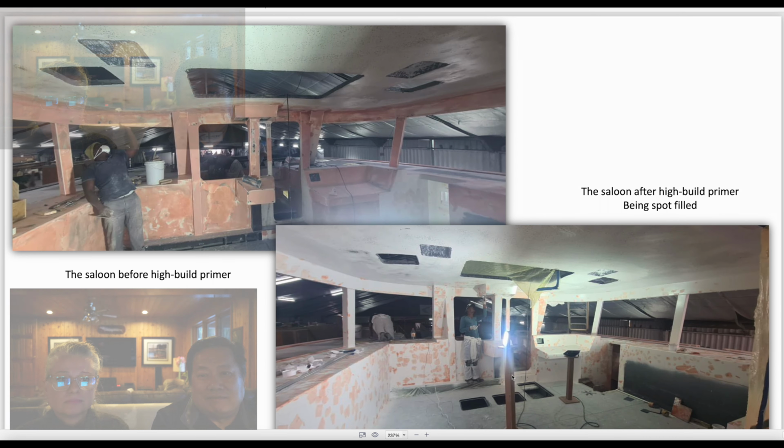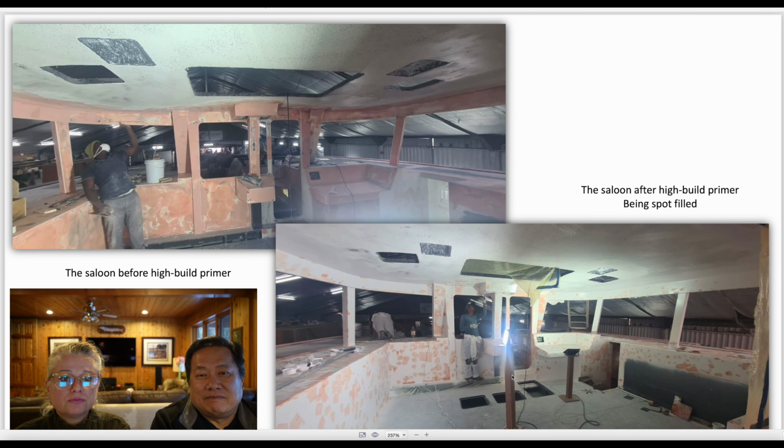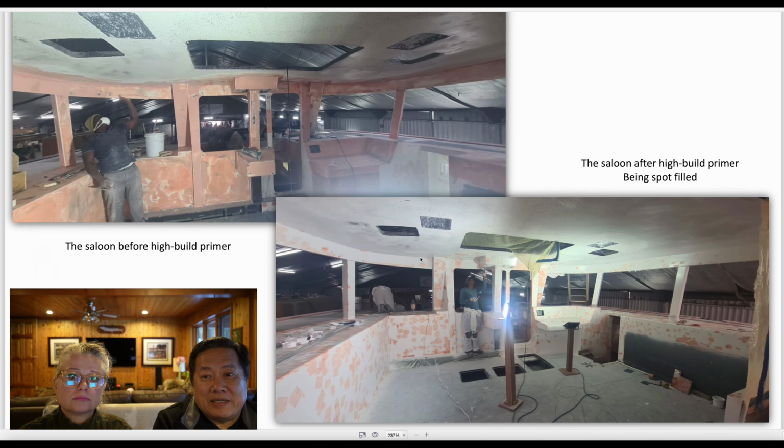And now moving to the fourth page, we see the main salon and galley, and yes, more priming and more fairing. You can no longer see much of the carbon fiber structural components, as almost every surface has now been prepared for top coat painting. The only area which has not been primed and faired is on the right hand side where the galley cabinetry goes anyway. So on the final page, we have some photos of our coach roof and our now completed custom